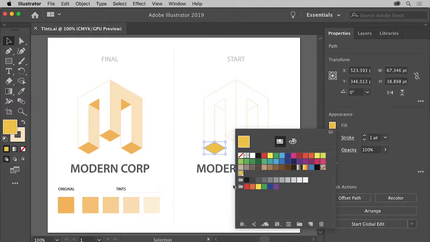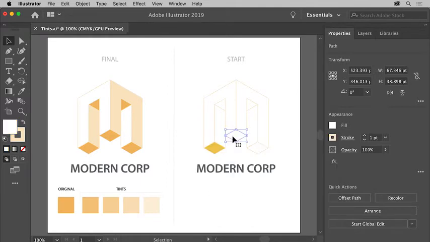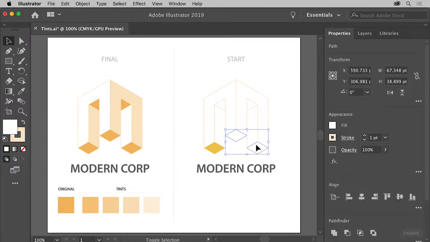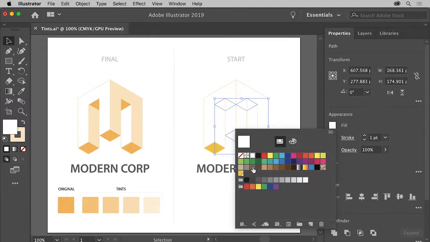With the color now saved as a swatch, you can apply it to artwork. So click this shape to select it, and then to select a few more shapes, press the Shift key and click these. When they're selected, you can release the Shift key. Now to change the fill color, click the fill color on the right and select the icon swatch.